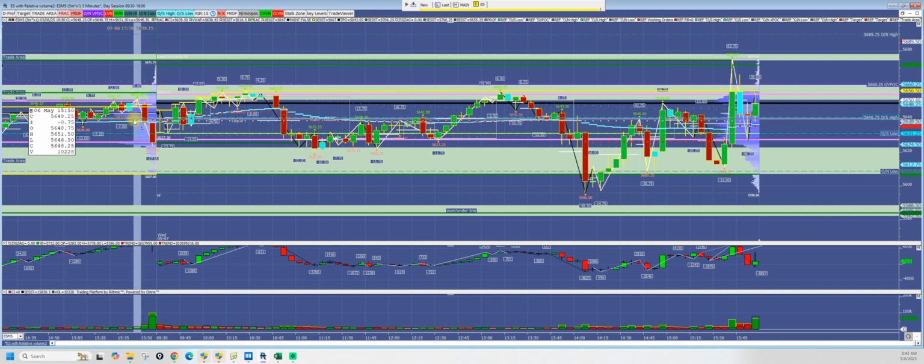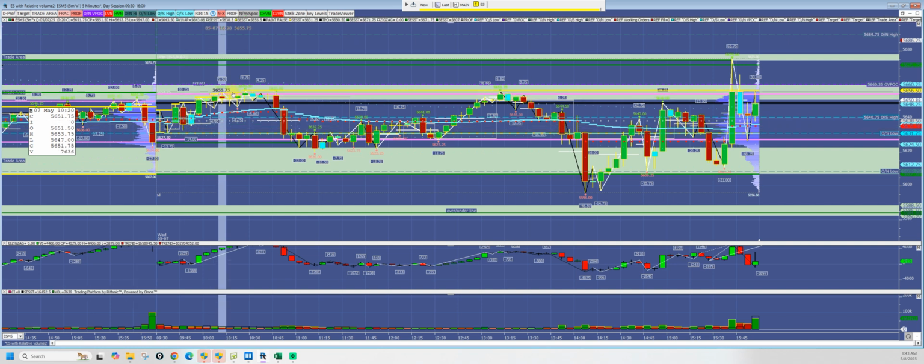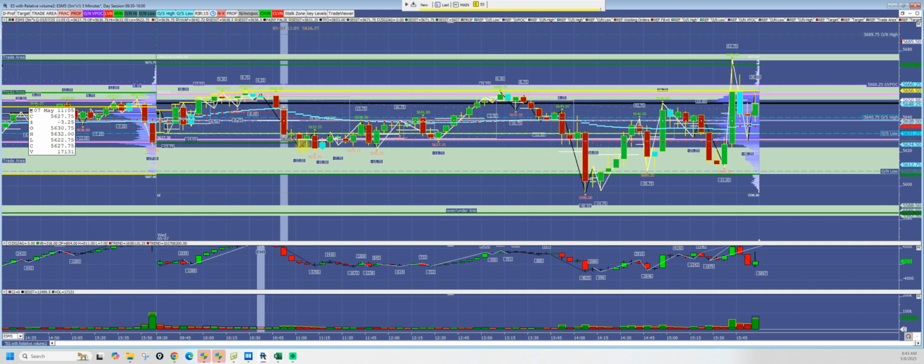So taking a look at what we had yesterday, we had an open auction in range. We opened inside of the prior IB. That led us to a high probability of an IB break. We broke to the IB high, went and put the current IB high in for the day, rotated back down,